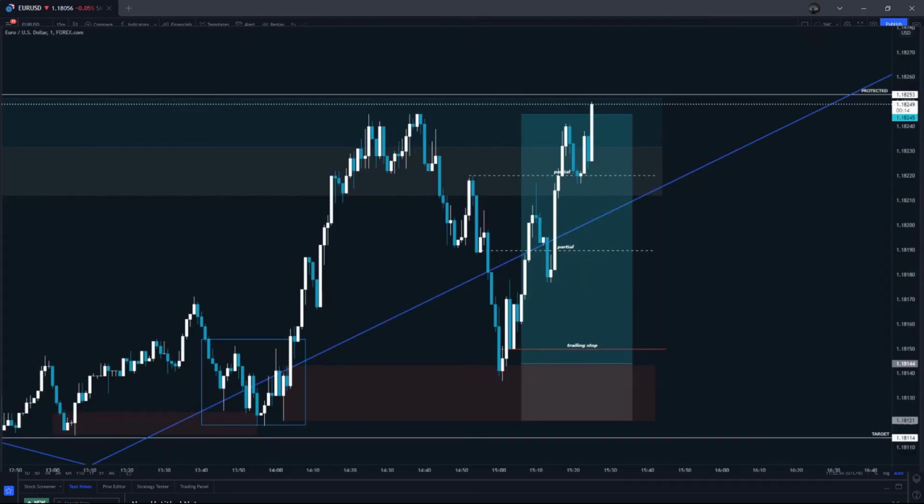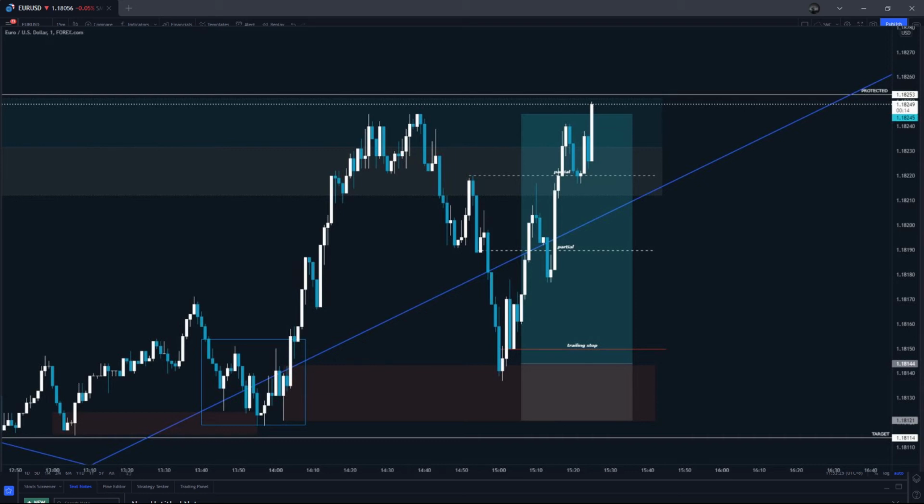So I partialed here and trailed my stop, then hit my TP. And I was happy with that since I backtested and forward tested, so I know what to expect from this. Let's say this is a 1% risk. I believe this is a 4 RR. I partialed at 2 RR and again at 3 RR, then I take profit over here. So I know where to partial and what to expect when I partial.